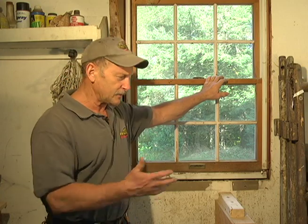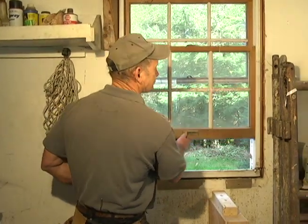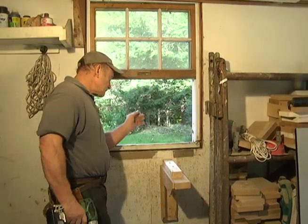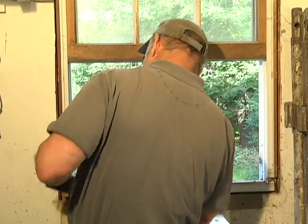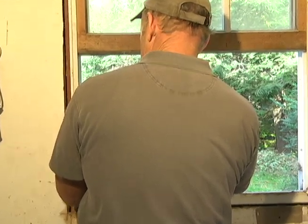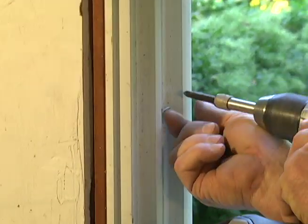First thing you're going to need, you can do it with a screwdriver. I prefer a screw gun, it's a little faster. So we're going to start, you open the window, the bottom sash, and you open it as high as you can get it. And there should be some screws on one side. I think they're on this side, and they are. You want to take those out. Okay, we got two out. All right, there's number